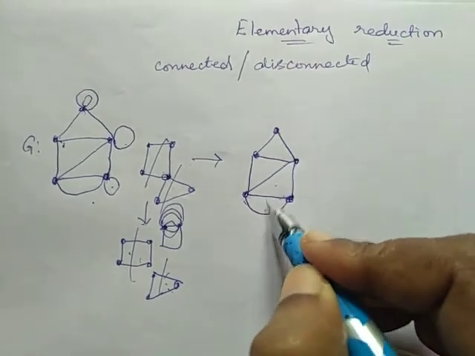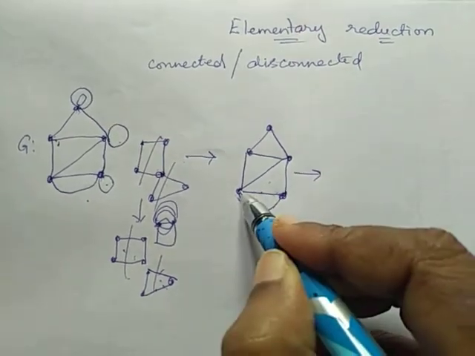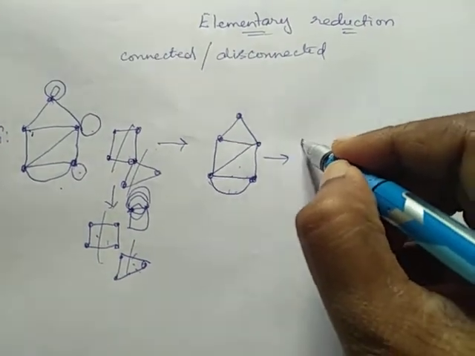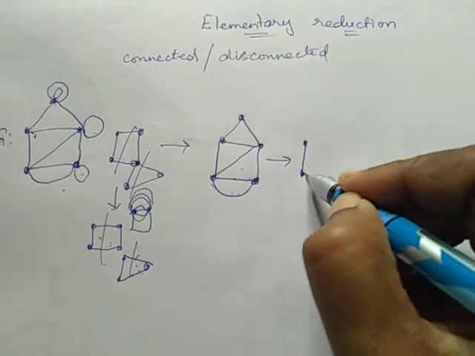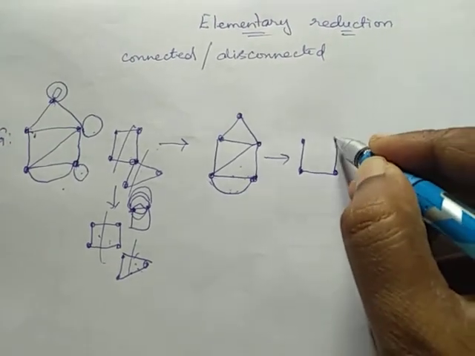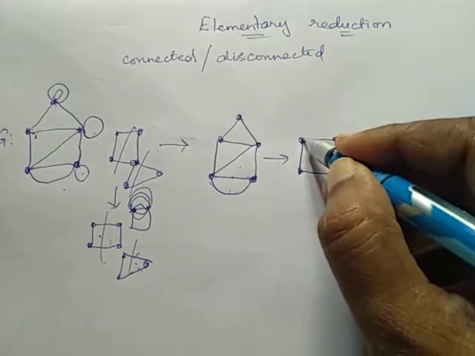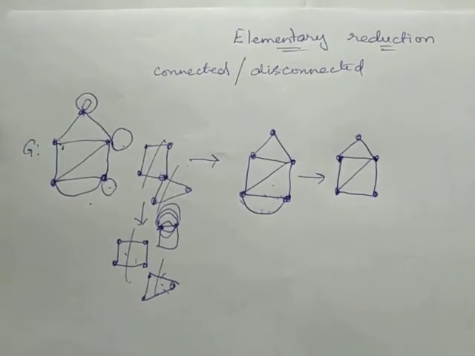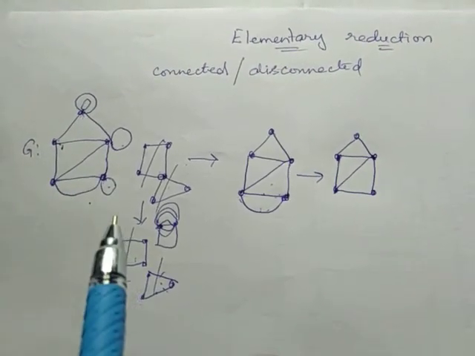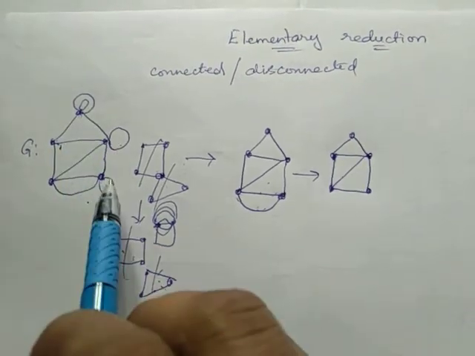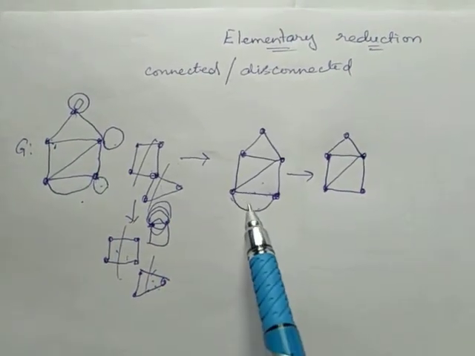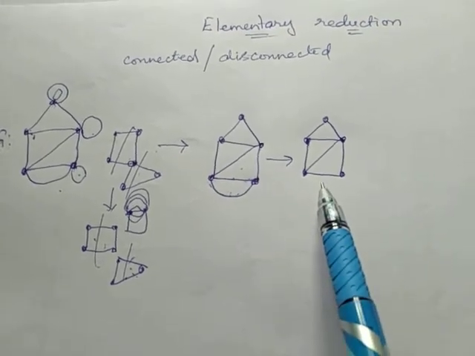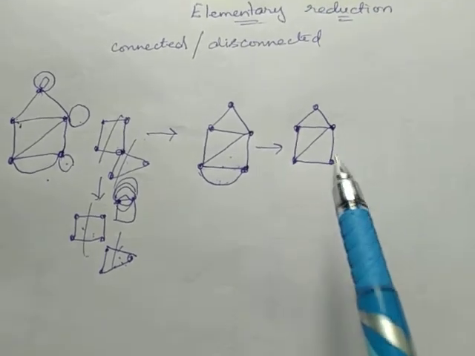So make these edges into a single edge. If I have 3 edges also, make those edges into 1 edge. Replace all the parallel edges with a single edge. That is our third step. First step, if the graph has blocks, separate the blocks. Second step, if it has loops, eliminate loops. Third step, if it has parallel edges, remove the parallel edges. Now we are at this stage. 3 steps are over.